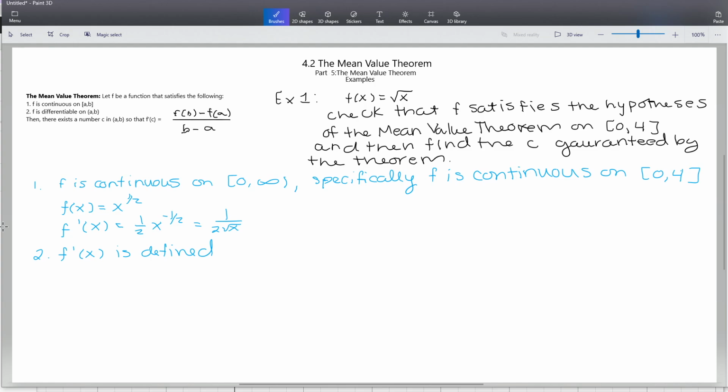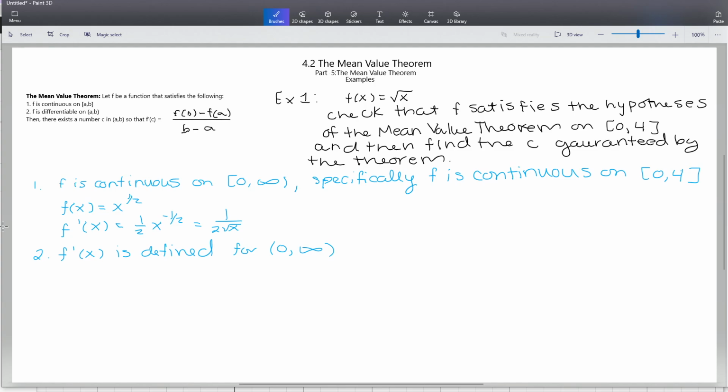And we also have that x is in a square root, meaning that we want x to be non-negative. But also if you plug in 0, you are going to get 0 in the denominator. So f prime of x is defined for the interval 0 to infinity,